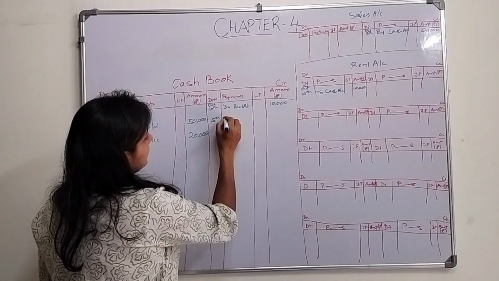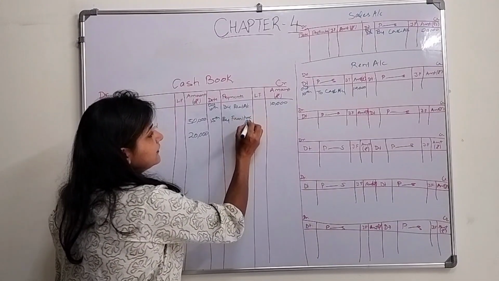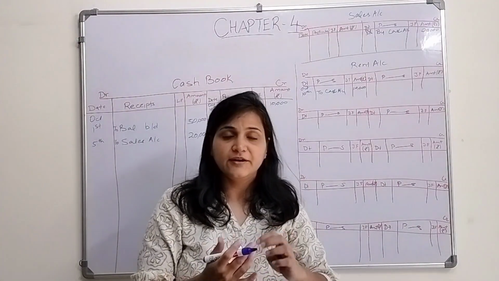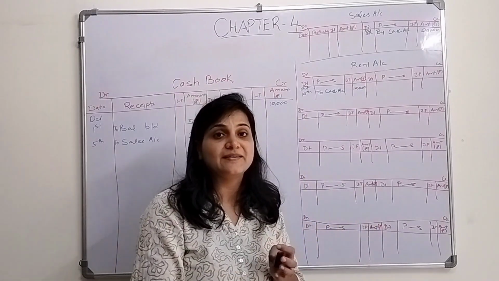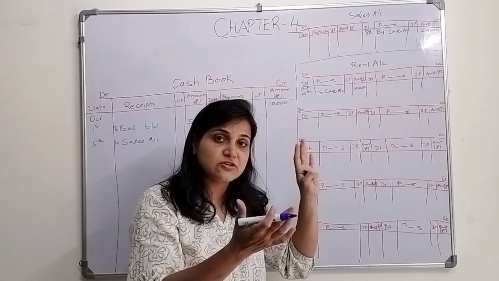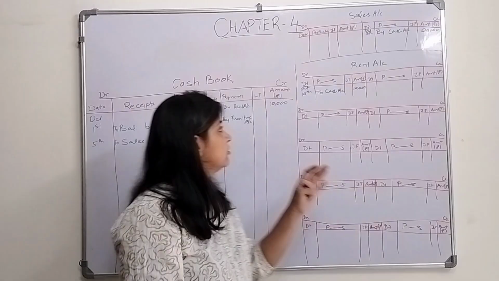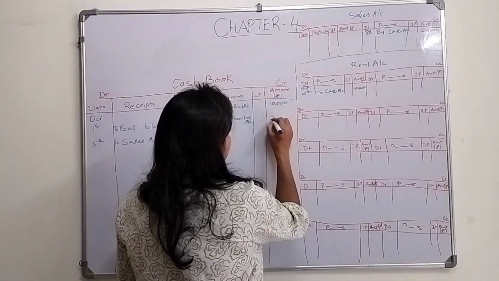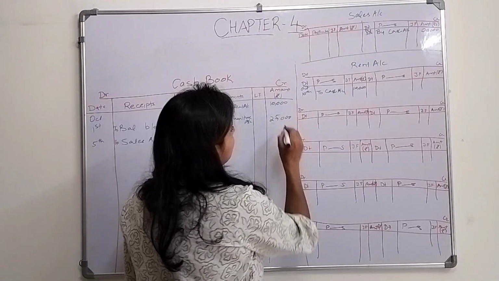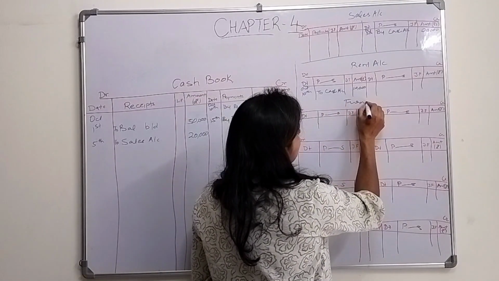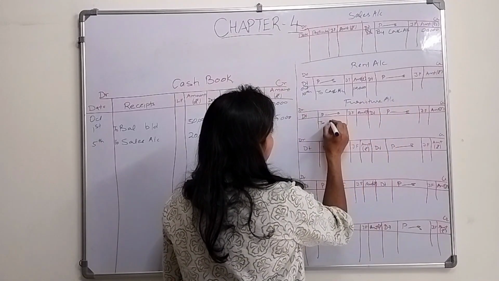15th of October. Furniture. I am going to tell you the rules of debit and credit all the time. Let's consider here the modern approach. The furniture is an asset. My asset increases. At the same time, cash is also my asset. Cash decreases. Furniture account debit to cash account. So furniture account, I said 25,000, right? So furniture account on the debit side, I will write to cash account